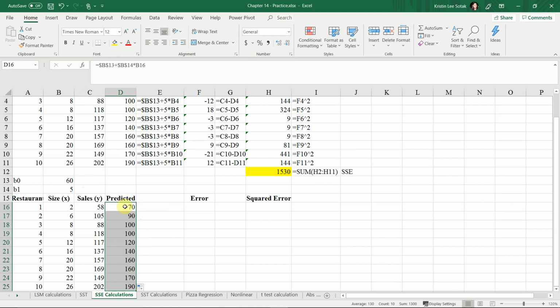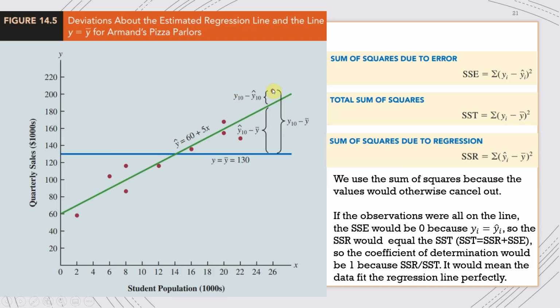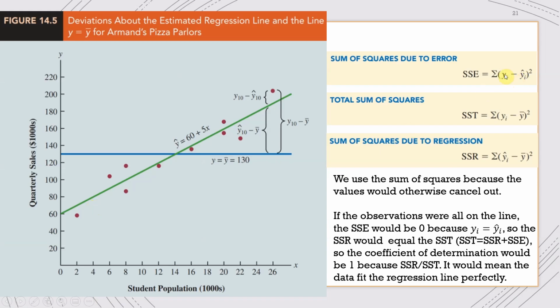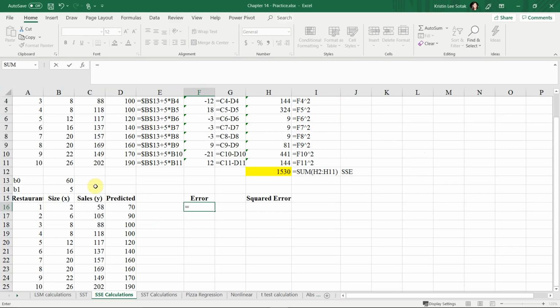So this is basically saying that this is what we observed, but then this is what our regression equation predicted. So remember, by looking at this, this is our observed, and this is what's predicted. This is the error. This is the residual. So we want to find the difference between these from our right: observed minus our predicted. We're going to do that for all of those,